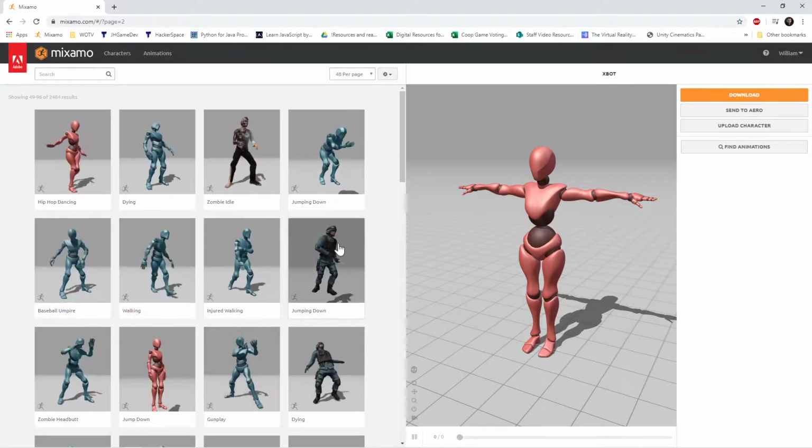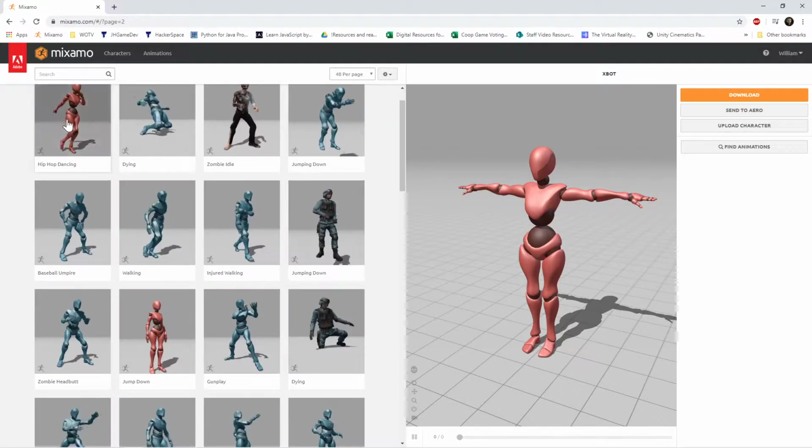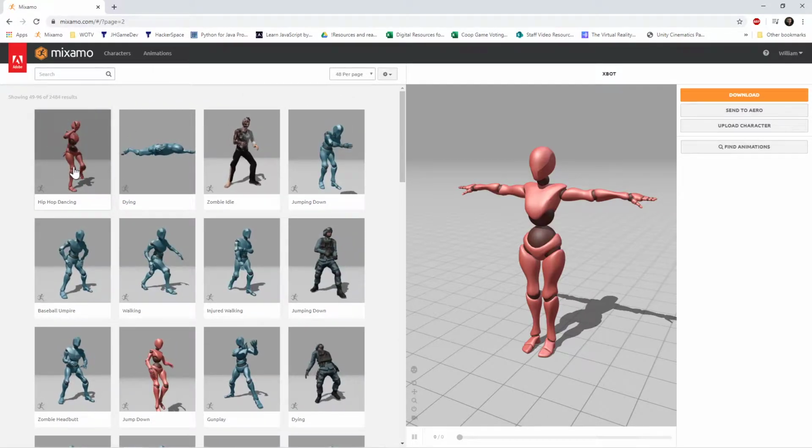Okay, hopefully you listened and went through and logged in, and you should now start to see that you're actually able to scroll through a big list of animations, some using just kind of these empty robot